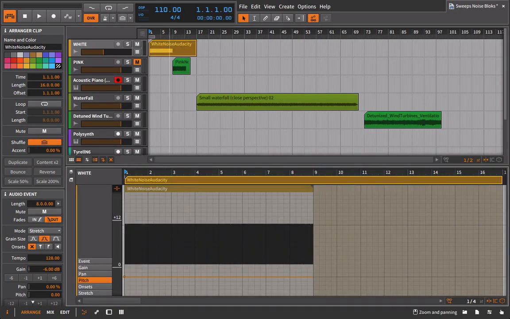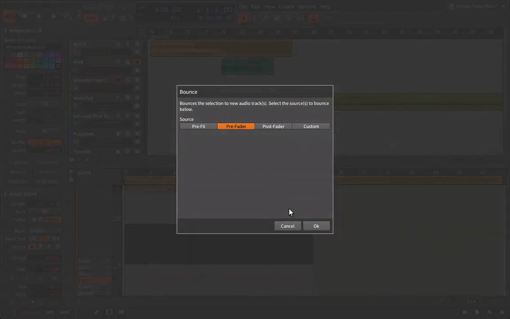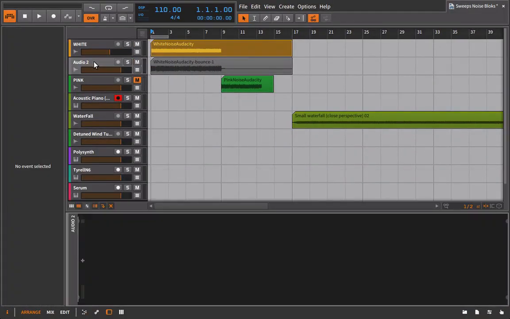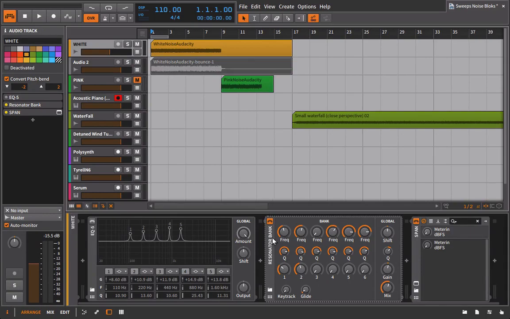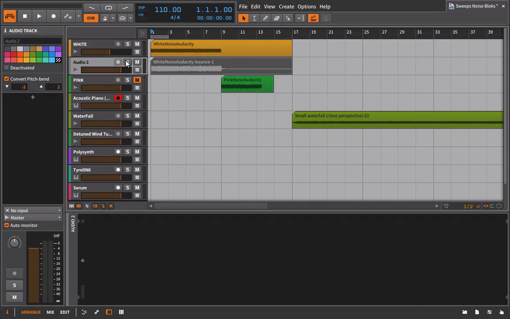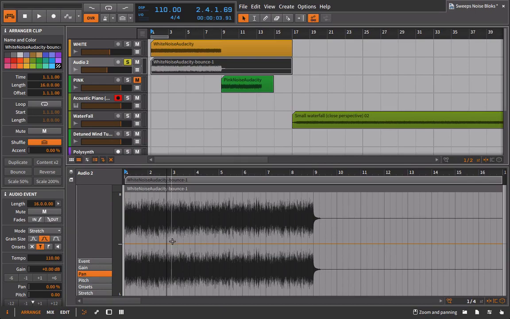So if I was going to use this as my 8-bar block for my sweep, what I would actually have to do is go out here and bounce this. And then by bouncing this onto a track that doesn't have any effects, it's brought that resonator bank over. And now if I go in here and I start manipulating the pitch,